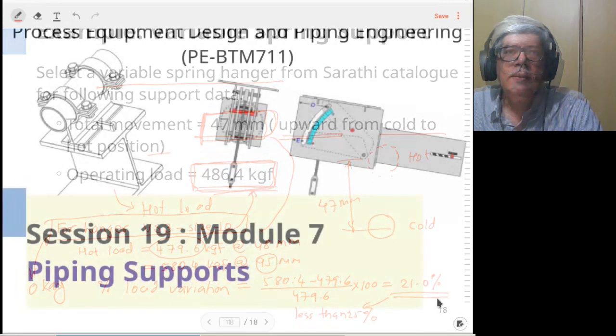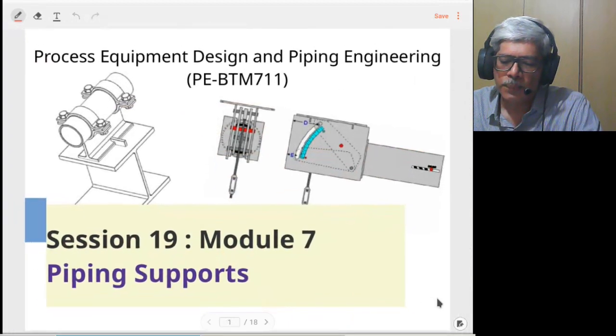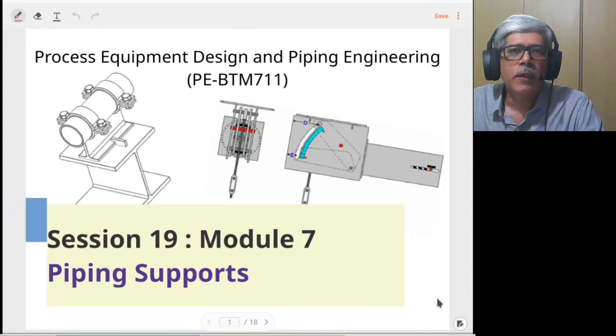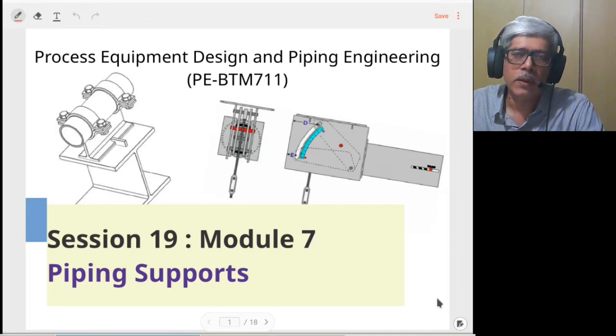So let me summarize this particular session. In this session, we have seen the methodology which is adopted for selecting the pipe supports. We first saw what is the information that is needed to design the piping supports. We have seen the different types of supports, the advantages or the features of different types of supports and when they are to be used.